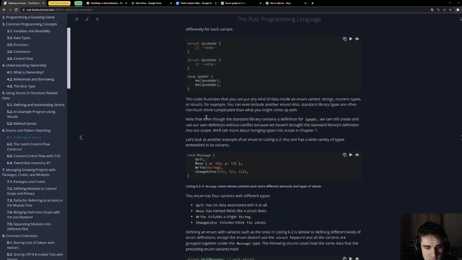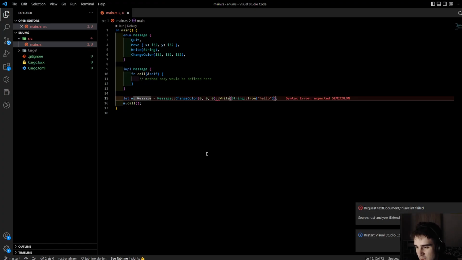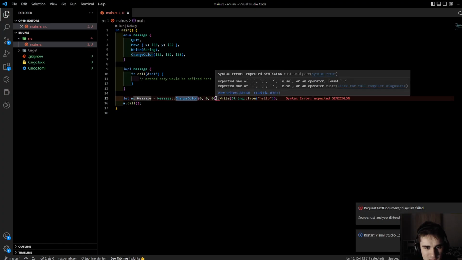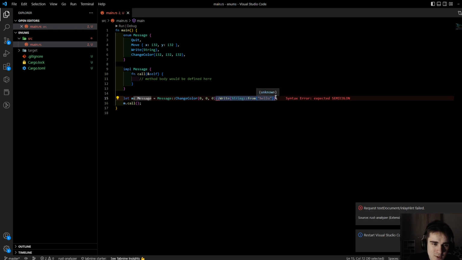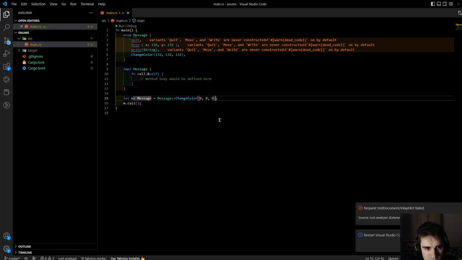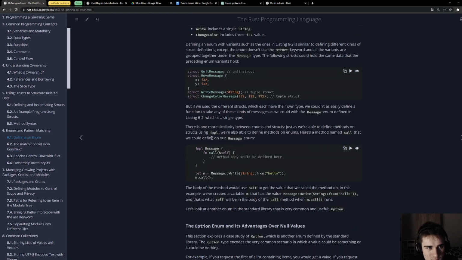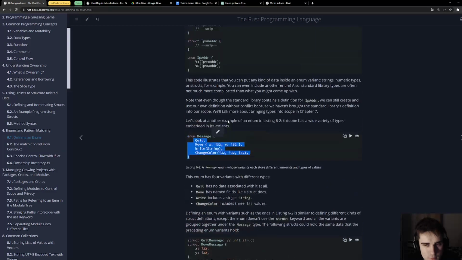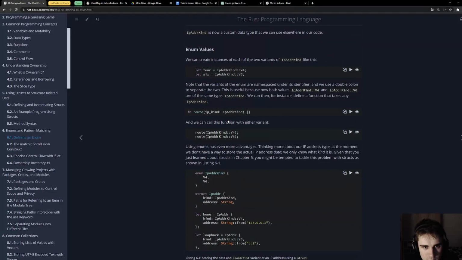It doesn't make sense because an enum contains one of the fields. It's like one of these messages. It's not a struct. That's what an enum is doing, right?